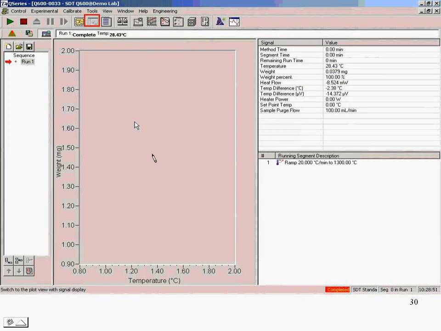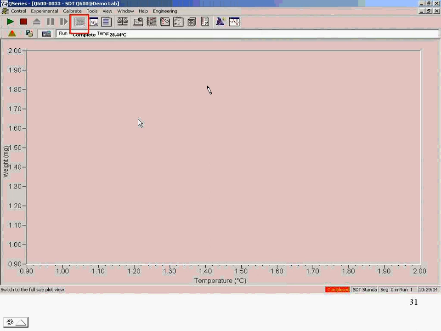I told you there were 2 other views. This is one of them here, the center one that's highlighted, this icon. This shows the real-time plot here in the middle screen with our signals and our methods. During a run you would normally look at this, maybe. And then the very last one on the far left, this icon that is now highlighted, is real-time plot full screen. So this will show you the real-time plot as you're running, and it shows it full screen